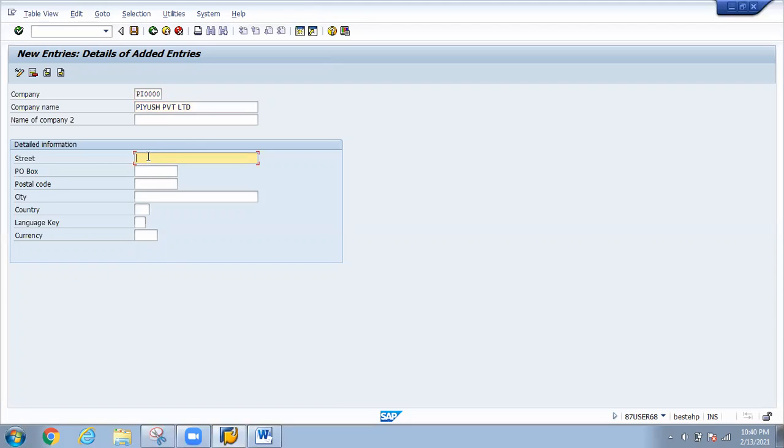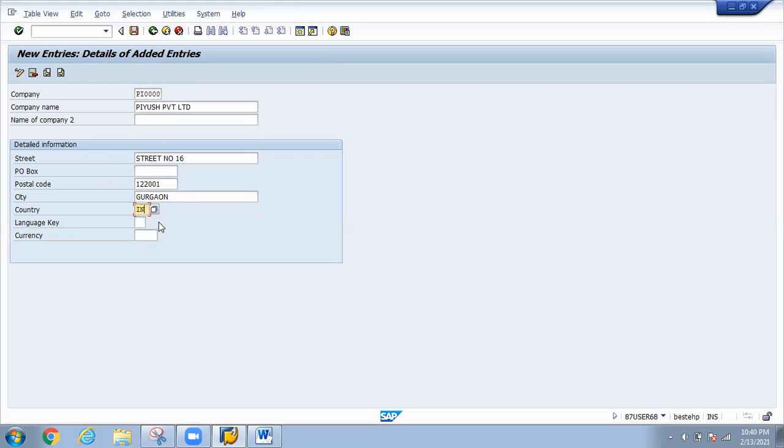So this is the address or street, say for example street number 16. Postcode is 122001 and city is Gurgaon. Country IN.